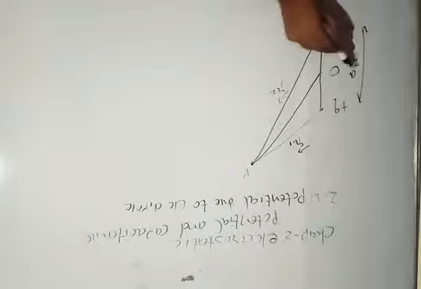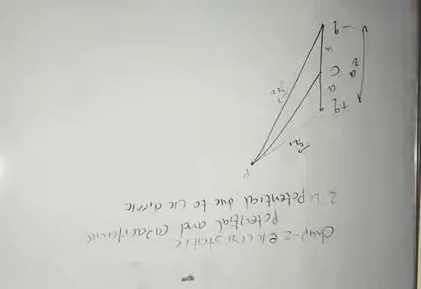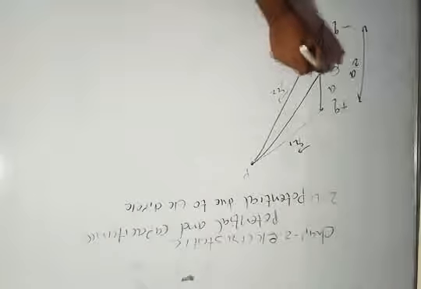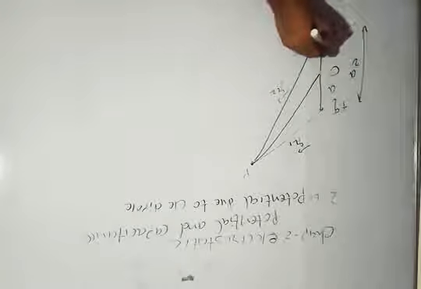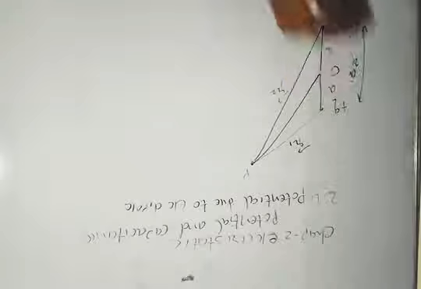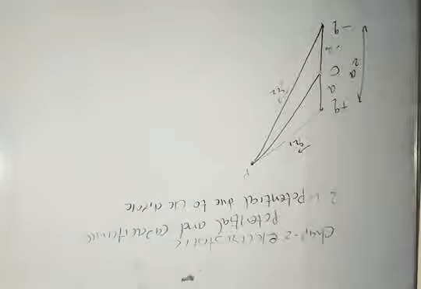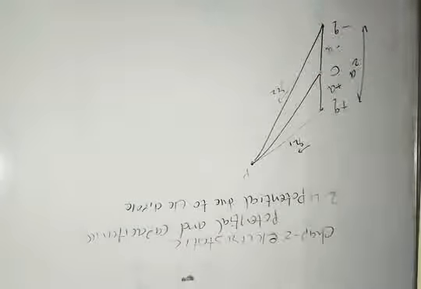Now we know that if this whole distance is 2a, this will become a, and similarly this is small a. Clear? Now we know that from the origin point, the downward direction is a and the upward direction is small a. Means we take the downward direction as minus a and the upward direction is plus. Just like in the y direction we take negative y and positive y, similarly here also we have taken like that.